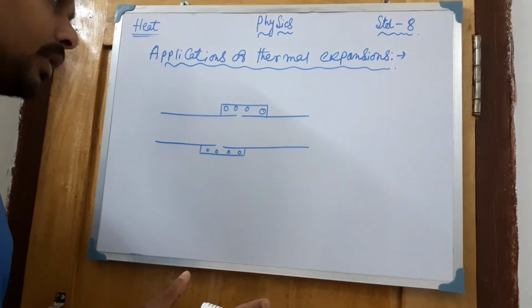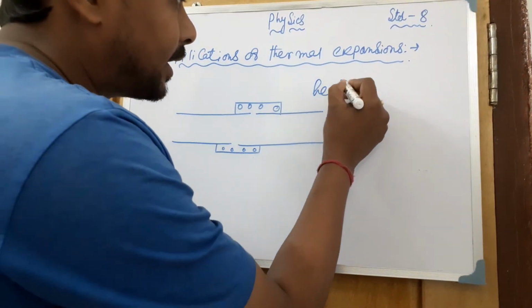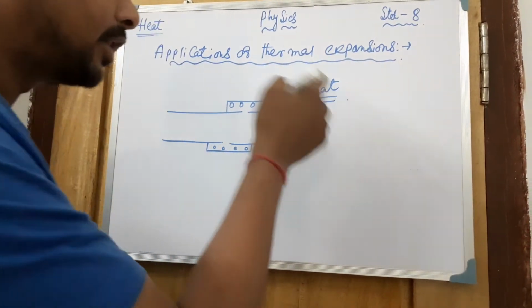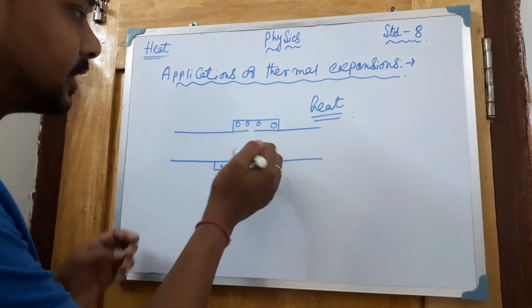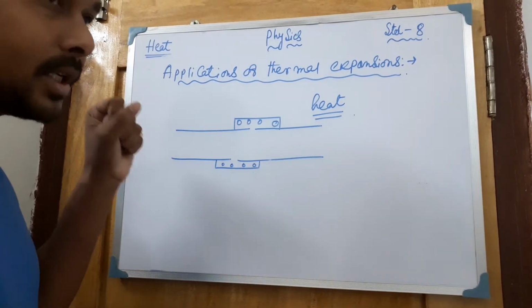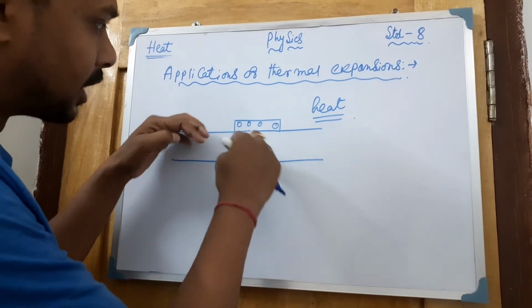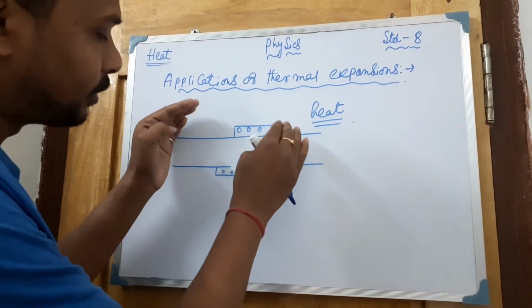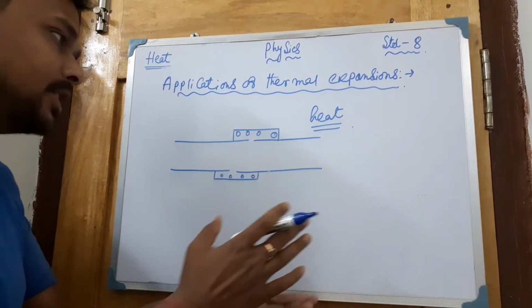So as friction will be generated, heat will definitely be generated. As heat is generated at this particular position, what will happen? If the tracks are just connected with each other, then due to the heat supply, expansion will take place. But as they are attached in this way, it will bend in this way. So it can actually break, or it will just bend and take a shape like this. So definitely damage can be done.